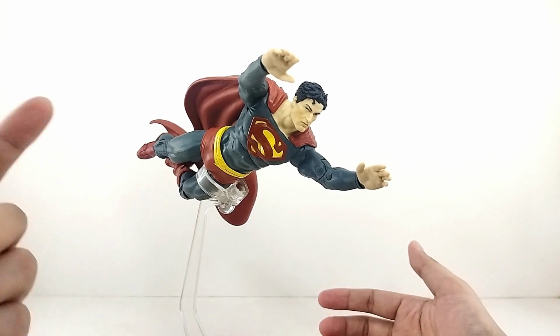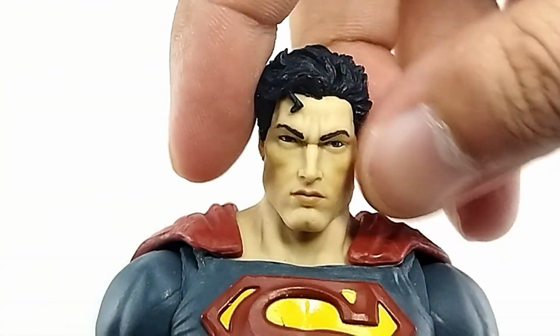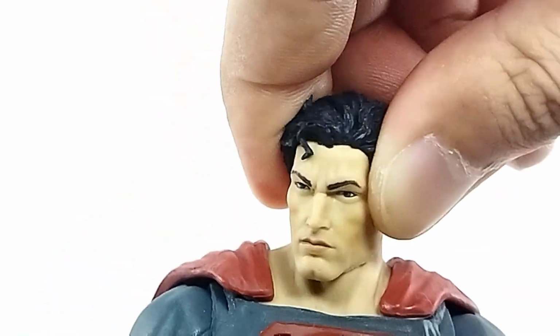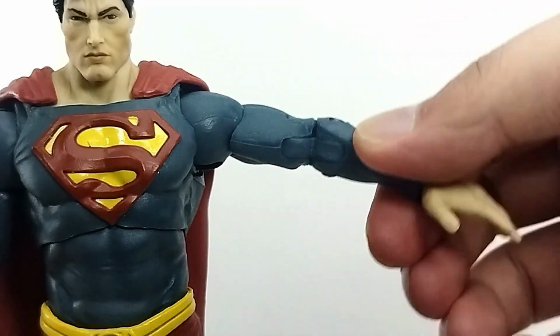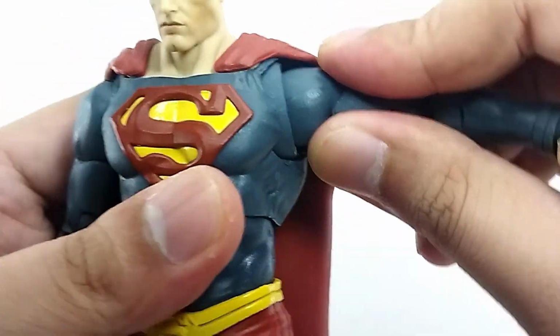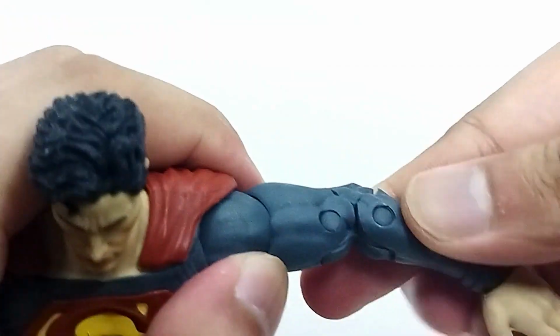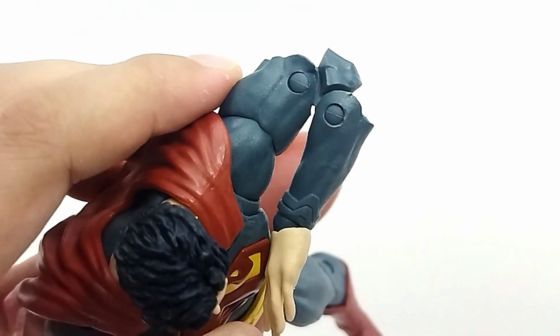And then right here, the drape of the cape really helps out, so I love that for this Superman figure. Now as for Superman's articulation, guys, over the head you do have a ball joint, so you can move it side to side, up and down, and you can do some tilts, rotate it, whatever you want to, so that is a really good range of articulation. You got the arms that can raise up about this far and then down, rotate it 360 if you want to, and once you raise it up again right there, you do have a butterfly joint that works really beautifully. You got a bicep swivel right here, double jointed elbows that bend really beautifully,